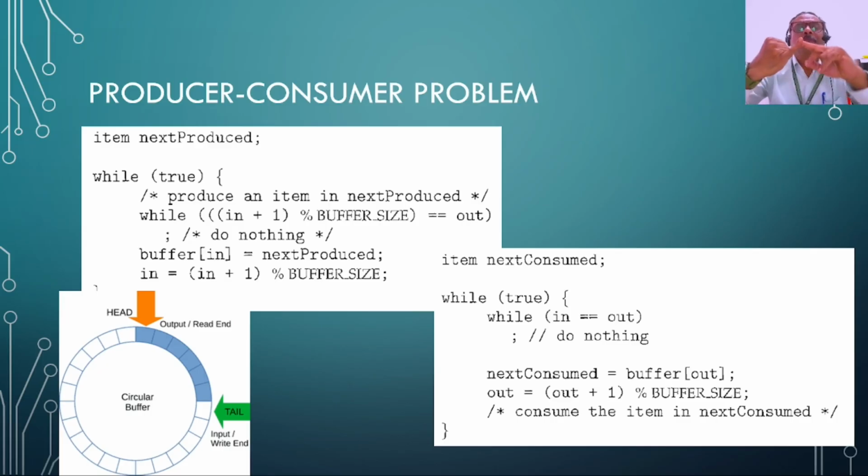We have seen the requirement of inter-process communication, why it is required, what it is, and how it can be implemented. There are two ways of implementation. One is through message passing, and again in message passing there are two ways. One is a synchronous way, the other is asynchronous way, and the second one is the shared memory. So that's it for now in the inter-process communication.